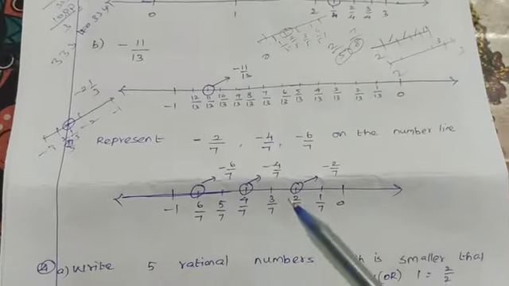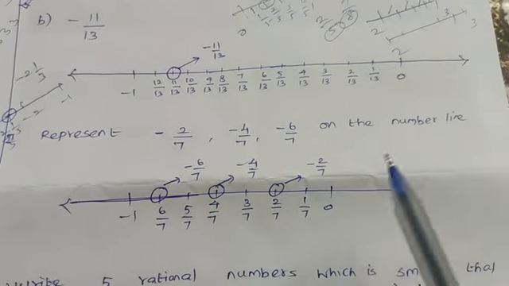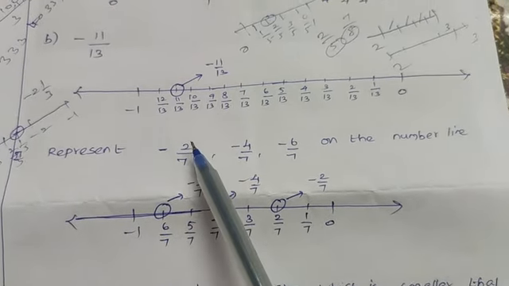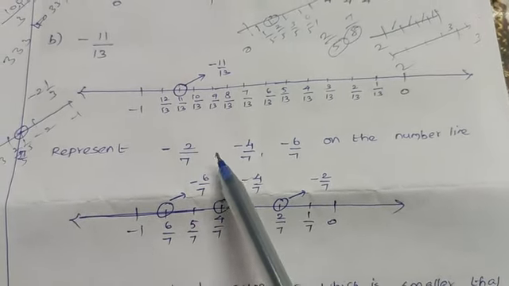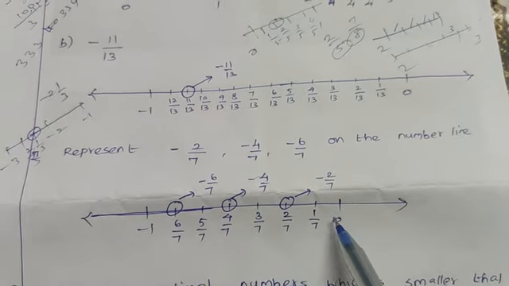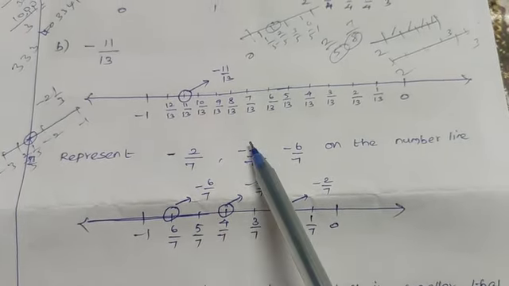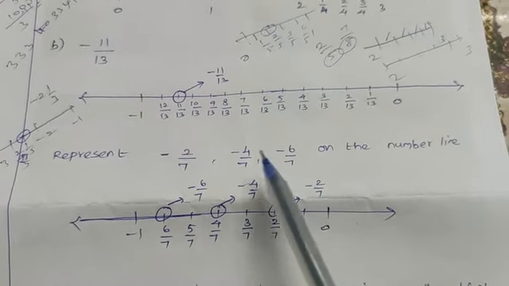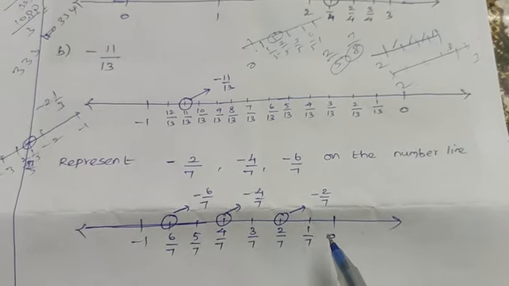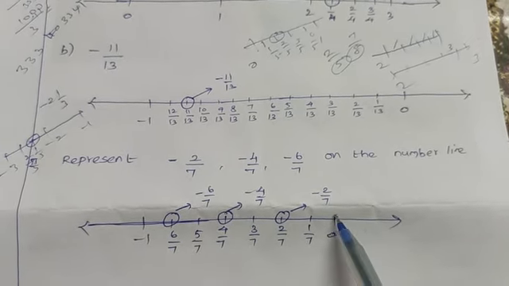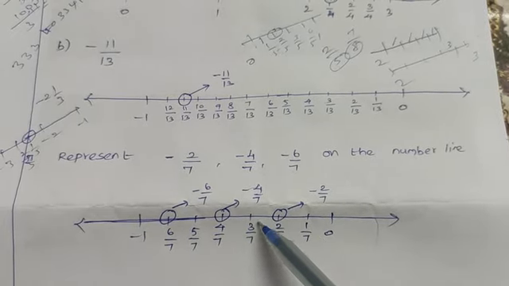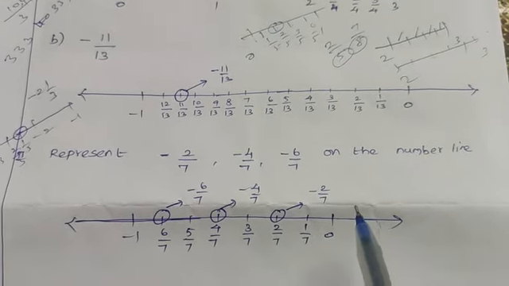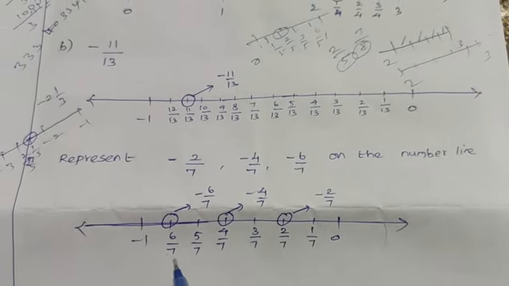Right. Represent these 3 numbers on the number line, a single number line. So here the denominator is bigger than the numerator. So definitely this number lies between 0 and minus 1, because it's a negative number. Without negative given, it lies between 0 and 1. In that 0 to 1, how many parts do I need to introduce? 7 parts, so 6 lines: 1, 2, 3, 4, 5, 6. So that gap is now 7 gaps, so we need to introduce 6 lines: 1 by 7, 2 by 7, 3, 4, 5, 6 by 7.